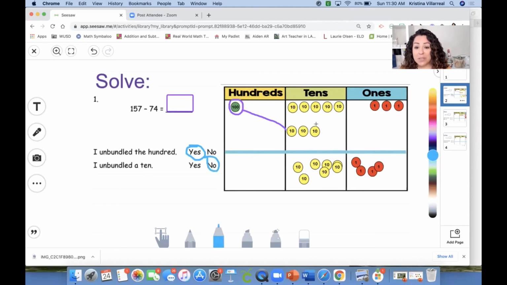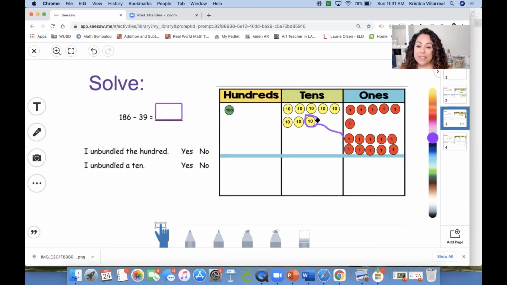And then what I want you to do is I want you to tell me the answer. So do I count this 100? I don't count this 100, so I'm going to go ahead and cross it off. And I'm left with, now remember, I'm not going to count these on the bottom. I subtracted them. So I'm only going to count what's on the top. So I have 10, 20, 30, 40, 50, 60, 70, 80, 81, 82, 83. So I'm going to type in 83 for my answer right there. But don't forget, you have to show your work. Okay, let's move on to the other one.